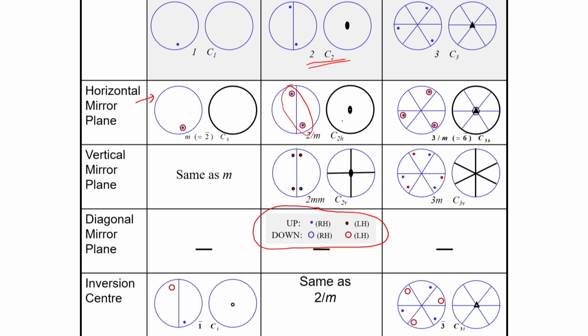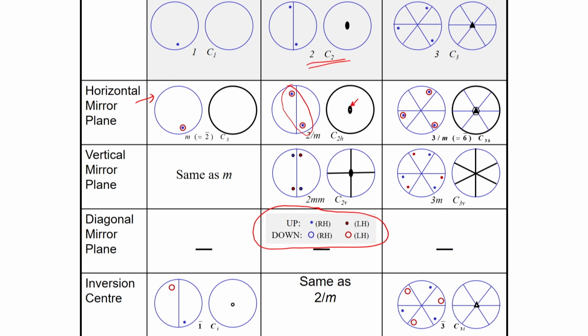Now, on the right, I have drawn one figure with the motif, and the figure next to it shows the symmetry. So, for example, here the symmetry that is indicated, there is a two-fold rotational axis in the center, and the circumference of the stereogram is now shown as a bold black line to indicate that this is a mirror. Within the two-fold rotational symmetry, you can notice a white dot.